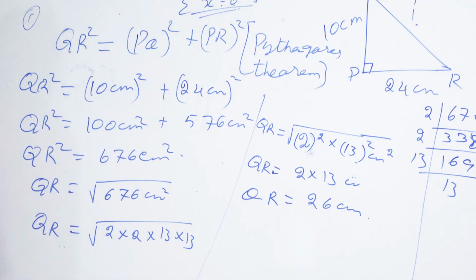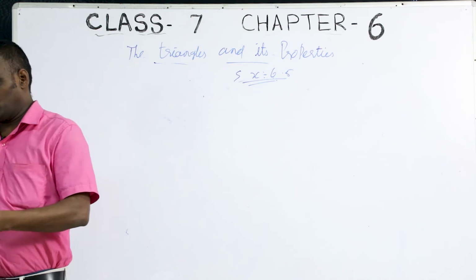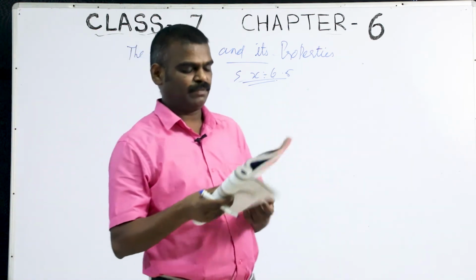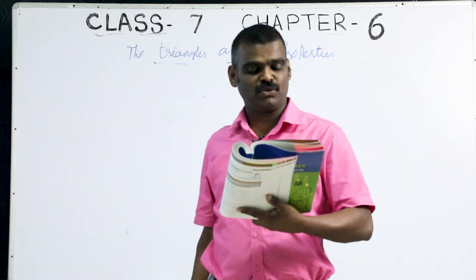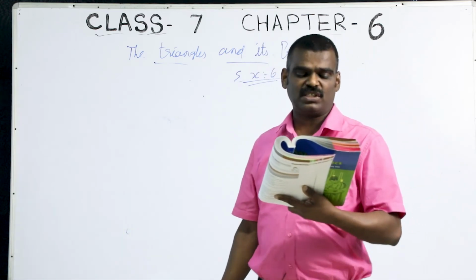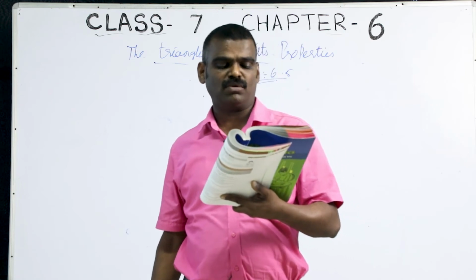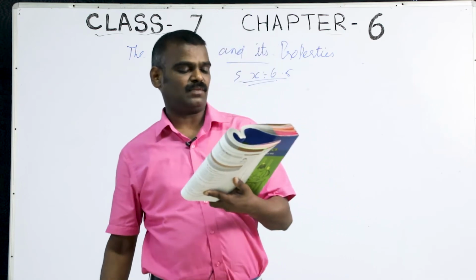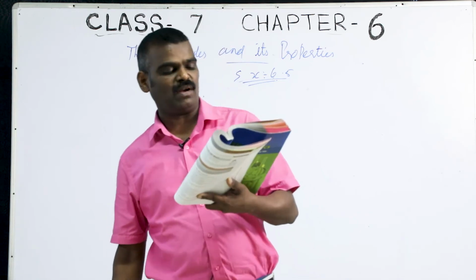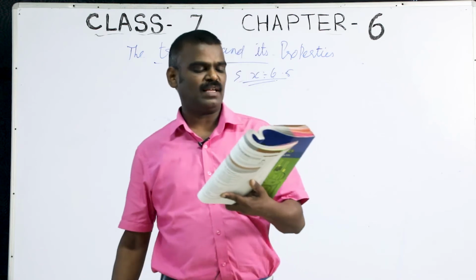So are you done? We will do one more question. Okay. Let us go to question number 2. A bit lengthy. The diagram is not lengthy, but it's okay. A 15-meter long ladder reached a window 12 meters high from the ground. Placed against the wall at the distance A. Find the distance of the foot of the ladder from the wall.